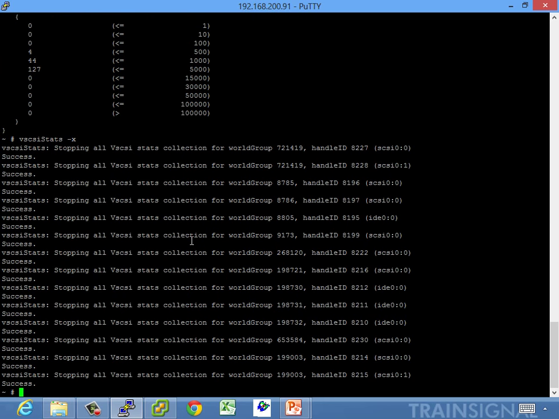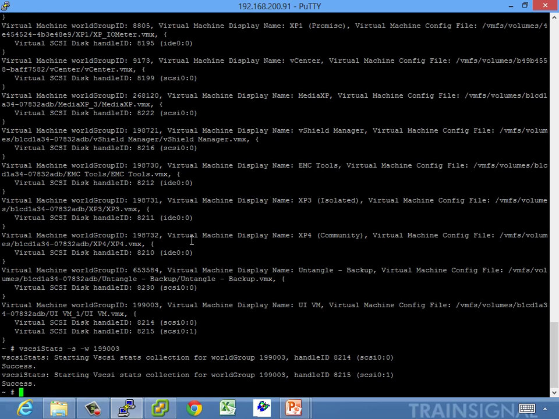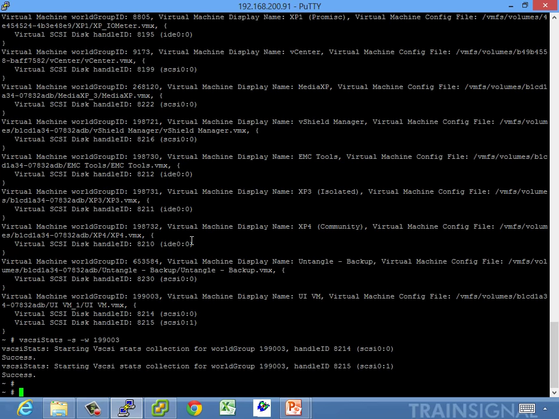Show me, print out a CSV file of the latency. So we do vSCSI. Told you I do dashes or tabs to autocomplete. So we would turn it on again, which is the -S in the world. Let it run for a few minutes while you do another lab, the next lab or something, and then come back and say, okay, I want to print,